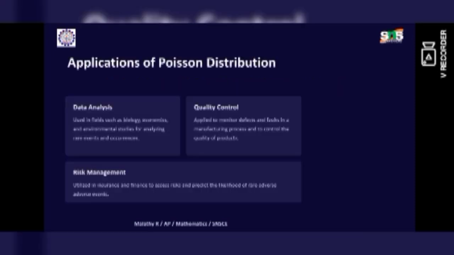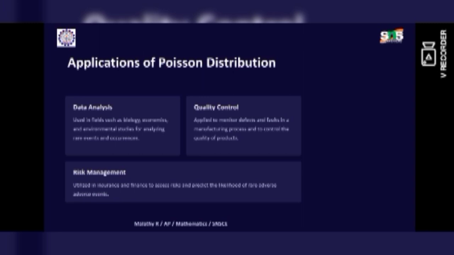Applications of Poisson distribution are in the data analytics field, in quality control, and in risk management. We use Poisson distribution in data analysis in fields such as biology, economics, and environmental studies, for analyzing rare events and occurrences. In quality control, it is applied to monitor defects and faults in the manufacturing process and to control the quality of products.